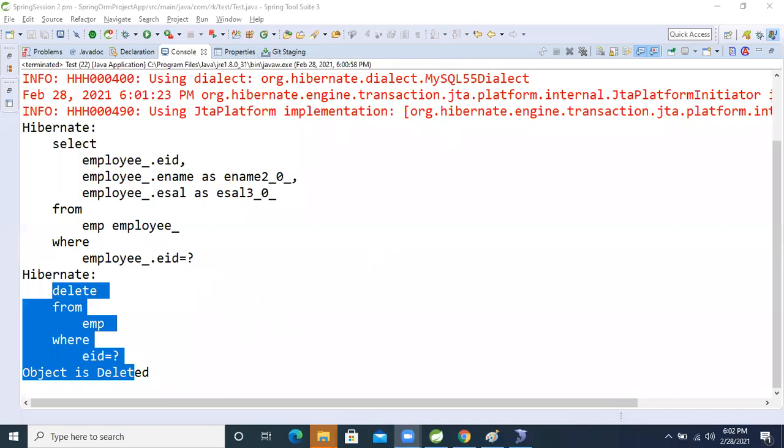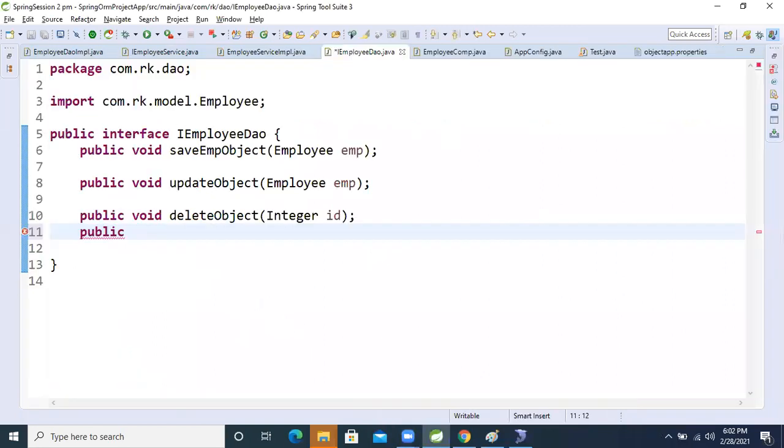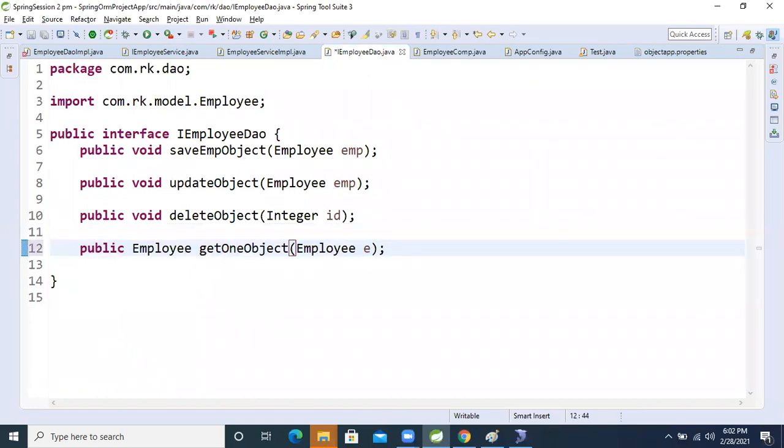Public, Employee return type. I will take Employee get one object. Okay, now after getting one object here, we need an argument, right? Employee means model class. After then what is that?